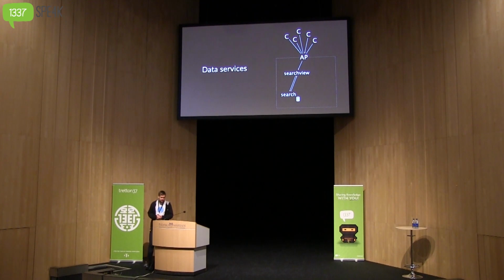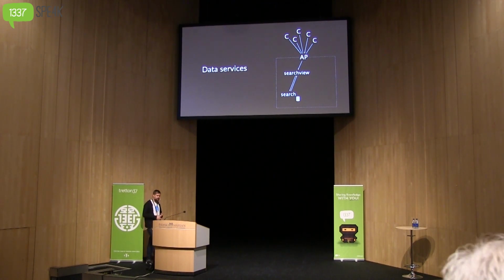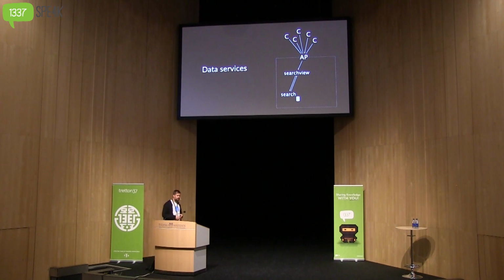And the search view service will send down the search query that it got from the client to this search service, and back it will get a set of track identifiers or item identifiers. It might be a track or an album or an artist or a playlist or whatnot. But it will get back a list of identifiers for these. If you've seen the Spotify URIs that you can copy-paste from our clients and share with friends or whatnot, that's actually the exact identifier that this service returns back.